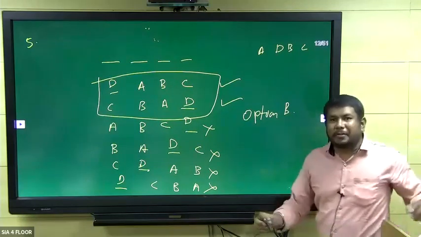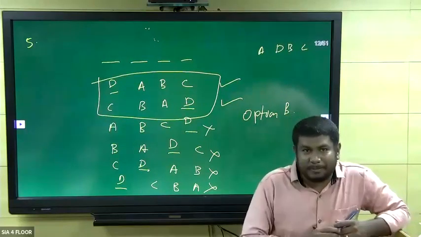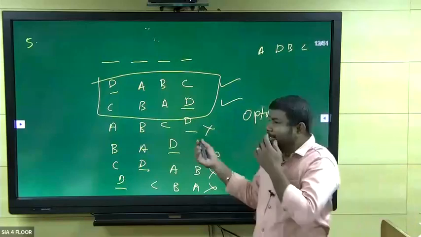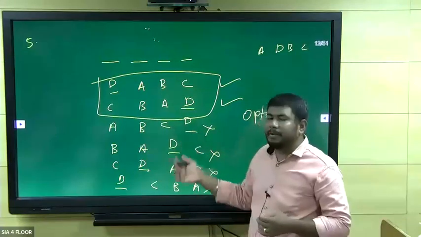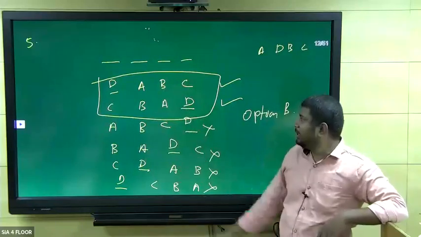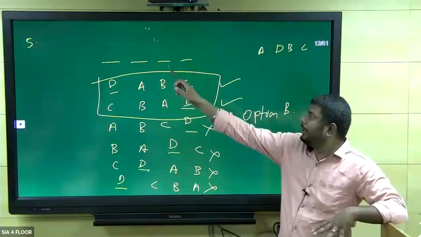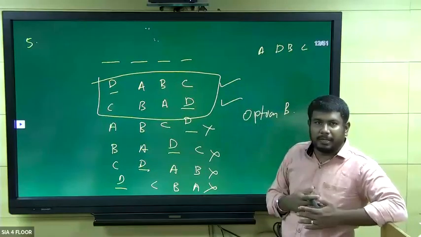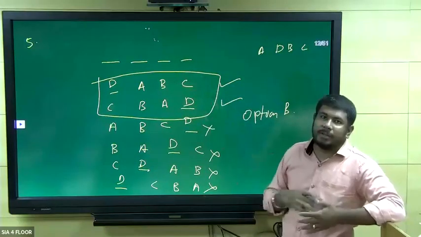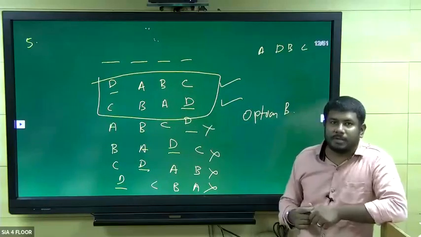If you have time, you can do all the possibilities in the exam also, right? But while seeing the question itself, you can see what the possibility will be. Because A, B, C should not... There are only 4 persons, okay? A and B should be the neighbors. C and D should not be the neighbors. So we can easily come to know these are the 2 possibilities, right?